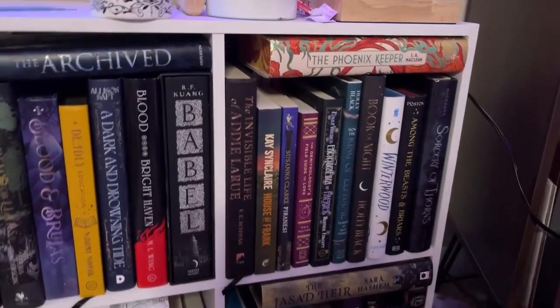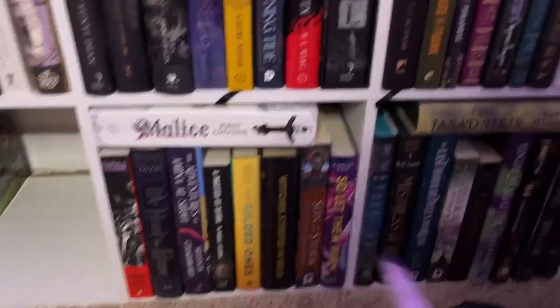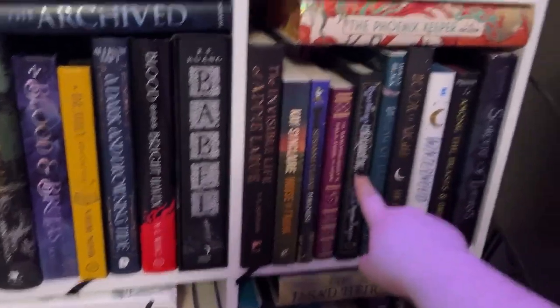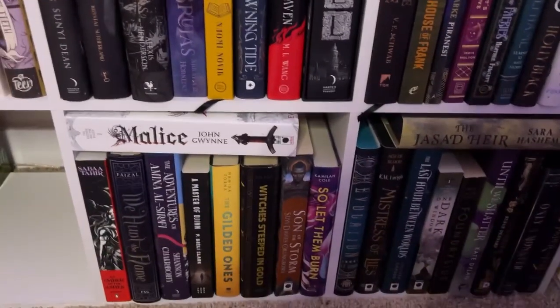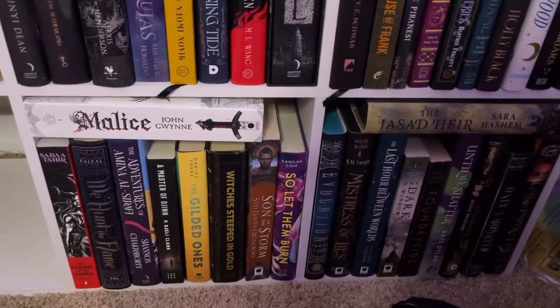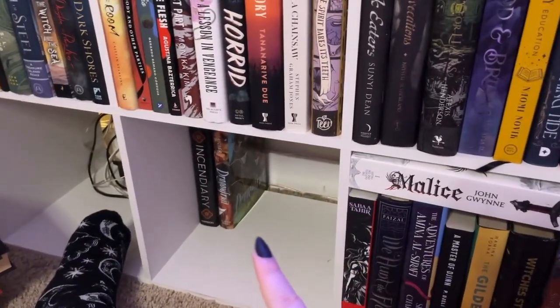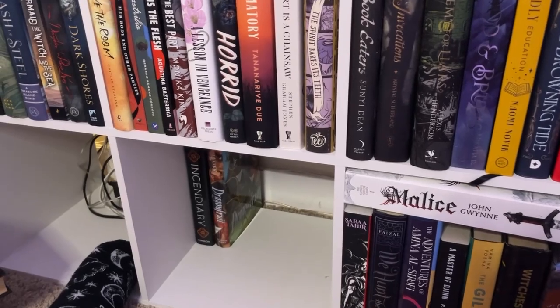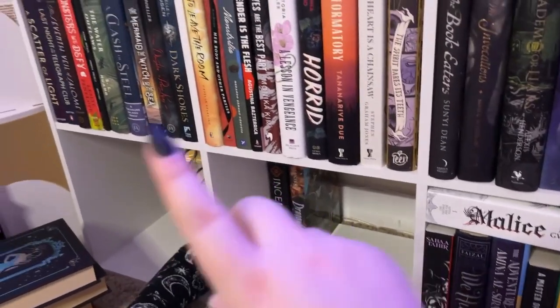Okay, so Sabrina Carpenter's done, and I've done this shelf, and this shelf. This one is lower stakes fantasy, and then these 2 are just kind of vibes. I don't really know what the vibes were, but they're all just general fantasy, so they kind of all just got shoved into the 2 shelves. And then I have a couple in there that are also just general fantasy, and then we're going to get into sci-fi in there. I think I'm going to try and fit all my retellings in this last cube, and then